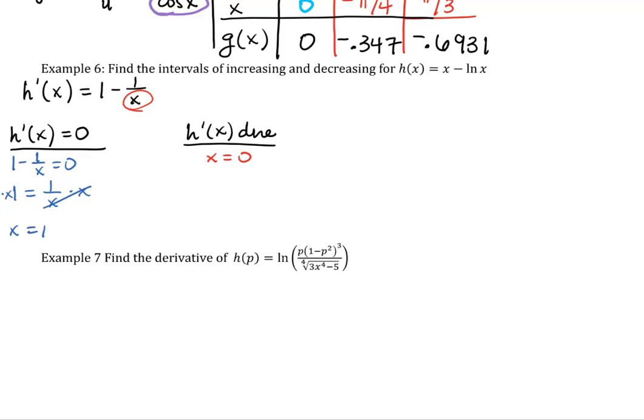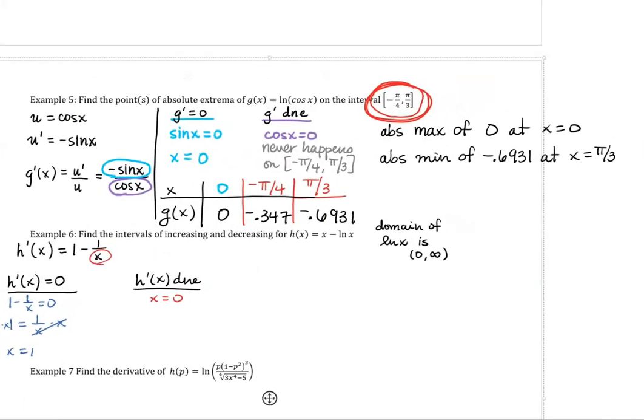2-ish critical values. I say ish critical values because what you learned back in 171 is that the domain of the natural log function is 0 to infinity, where the 0 is not included. You cannot plug anything into a natural log function if it is negative. If you try to hit natural log of a negative number on your calculator, you're going to get an error. So, and even more so here,